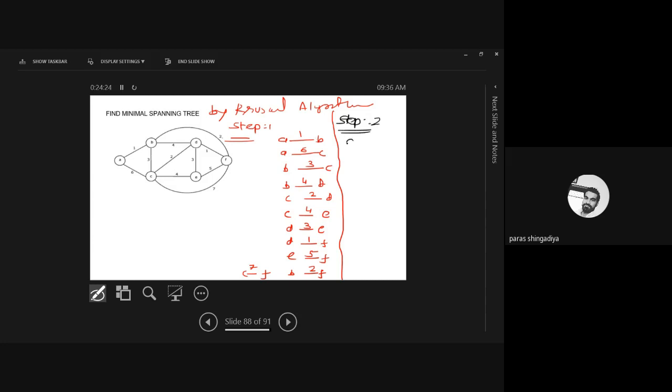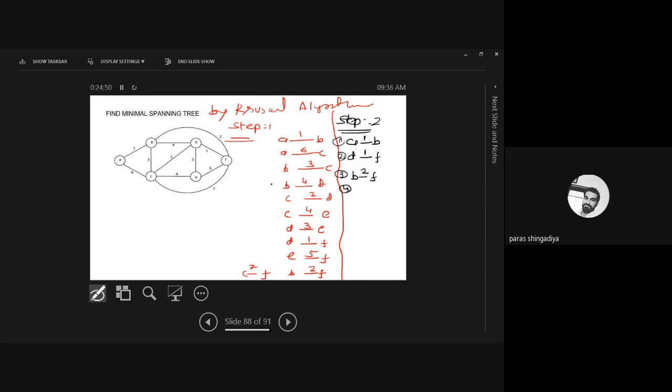Clear? Just consider as a first priority. A to B as a 1. Okay. Then after next one is in between D and F. So consider in between D and F. Okay. You can also give the number here 1, 2, 3, 4, and so on. Okay. Third one is the next one. Okay, 2 times of 1. Then after 2, that is in between B and F. That is a 2. Okay.